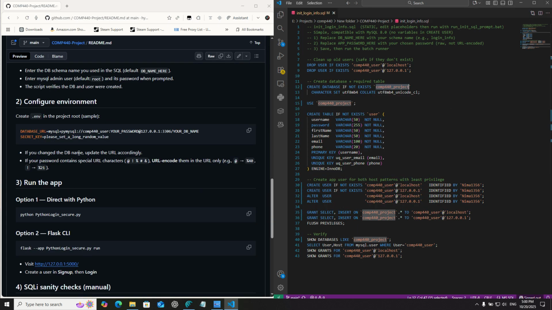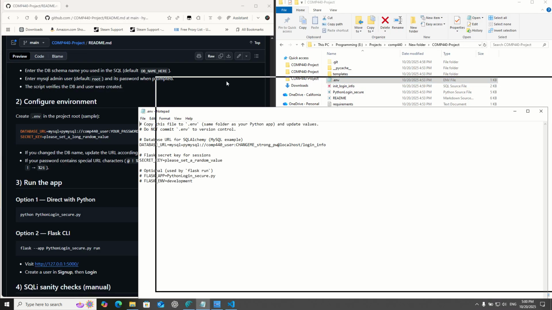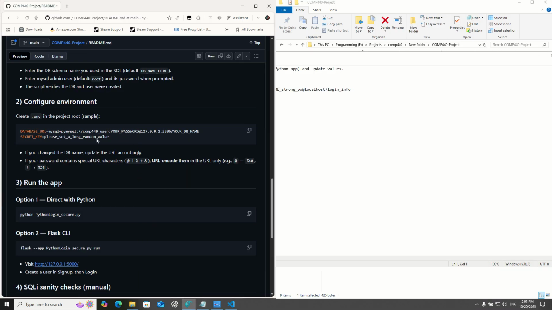The next thing that we have to do is just follow this configure environment. So we have to create a .environment file. On our GitHub link, in our folders and files, I already put an example one. All you have to do is change that example to .environment. You create a .environment file, you go in there, and then